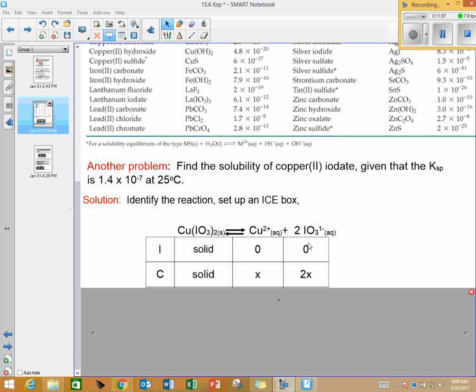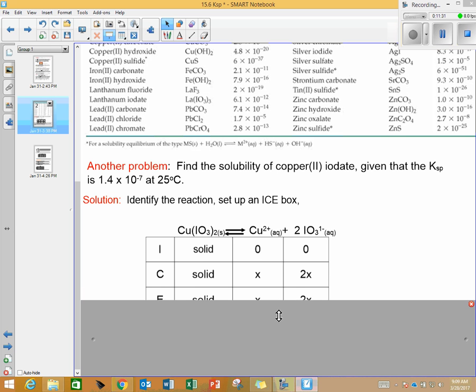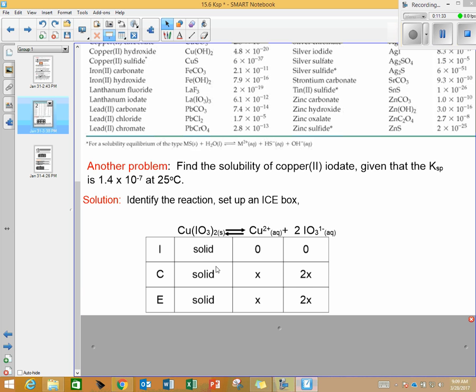This reaction is going to the right if we're going to form ions. When we're talking about how soluble something is, we're saying how much of the ion can we form? How much of this will dissolve to form those ions? So this reaction would be going to the right, especially since we're starting with none of the ions. Okay, and for the next row, the E row, we just add the first 2 columns, and again, we are